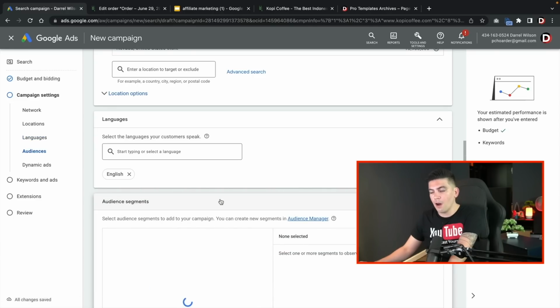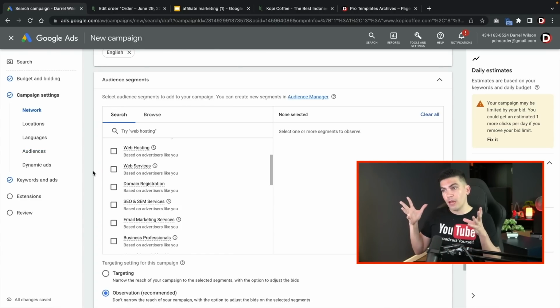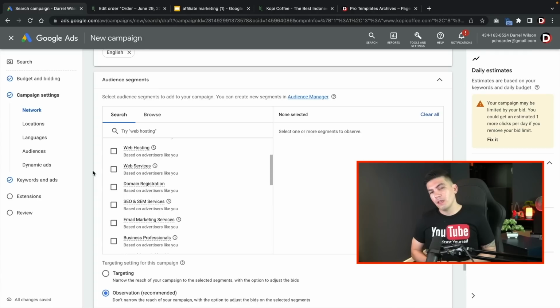And here we have audience segments. All right, so let me explain here. If you are running dynamic ads, then you will have to adjust your audience segments. If you are not using dynamic ads, then there's no need to use audience segments because you're tracking people based off keywords. So for this specific ad, we're going to create a dynamic ad and we're also going to pick